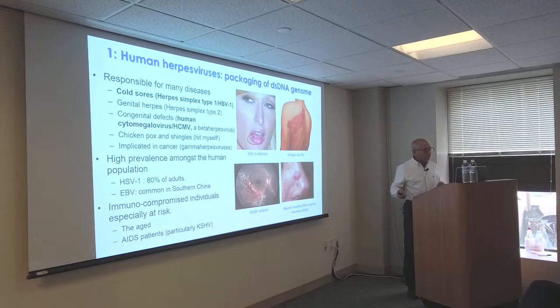The topics I'm going to cover today will be HSV and HCMV. They are all herpes viruses, but there's a distinction. This one on top is shingles. You can see they occur on only one side of the body, always on one side. That means they are neurological, so they transfer through neurons inside the body. As you know, neurons are only on one side, that's why you only see it on one side of your body.